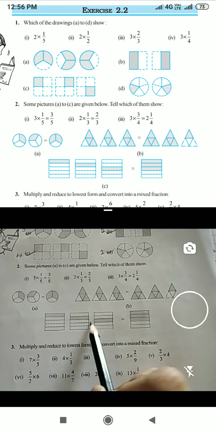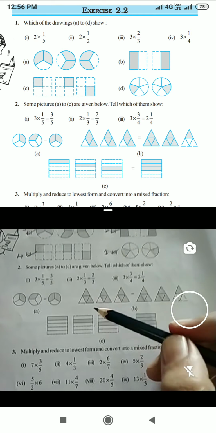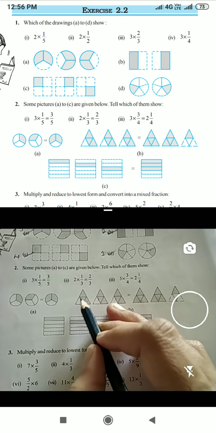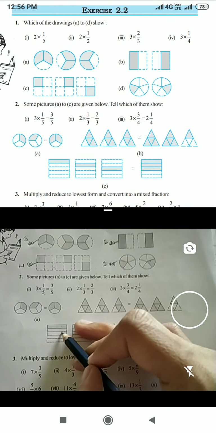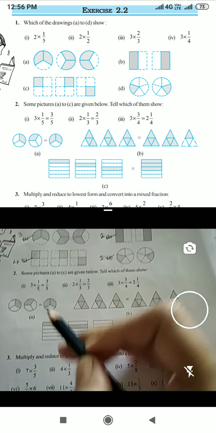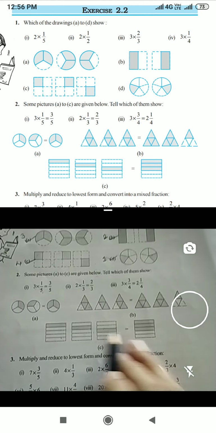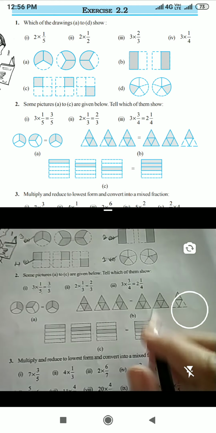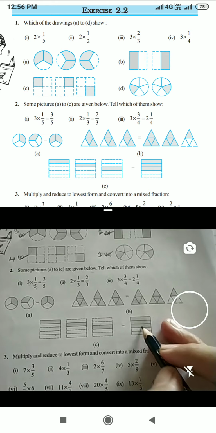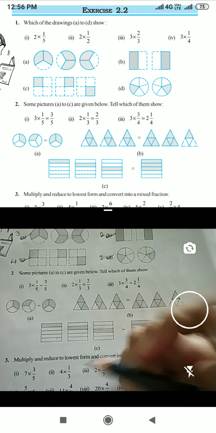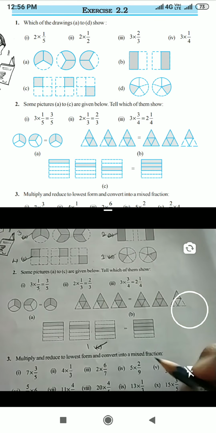Okay. We have to compare between these two. In that 3 whole figures, there should be 5 equal parts. Come on, check it out whether it has 5 equal parts. 1, 2, 3, 4. No, this does not have 5 equal parts. We'll check it on this figure. 1, 2, 3, 4, 5. Yes, it has 5 equal parts. And how many parts should be shaded? Only one part should be shaded. Yes, one part is shaded here. And the answer should be 3 upon 5. Means here there should be 5 parts. In that 3 parts should be shaded. 1, 2, 3. Correct. Now our first answer is C1.